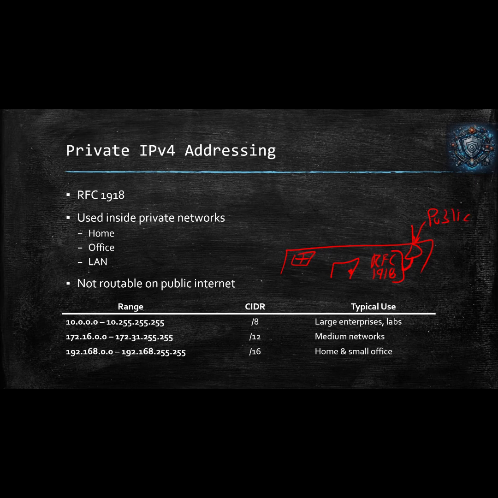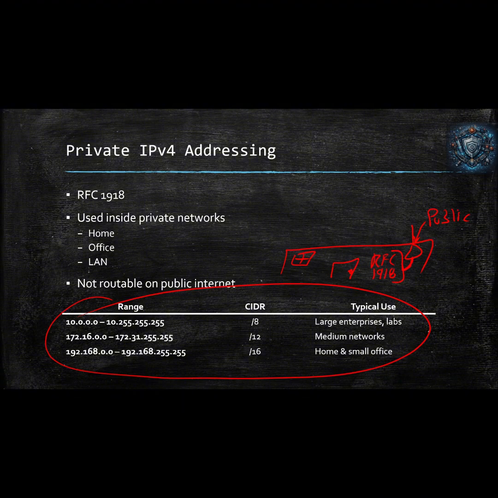So something outside of these ranges down here. And then what happens inside this modem router, whatever, is something called network address translation. So basically what it does is it says, hey, whatever this private address is on the inside, we're going to translate it to this public address on the outside,